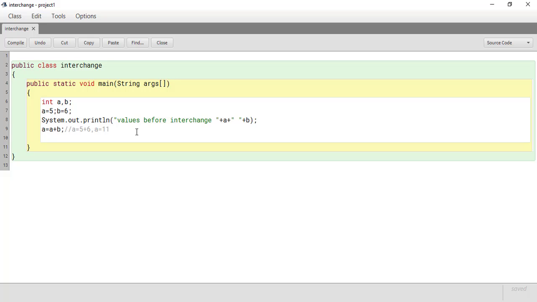In the next step we can change the value of b. b equal to a minus b. So what will happen here? The current value of b is 6, isn't it? The current value of b is 6. So after performing this operation, b will be